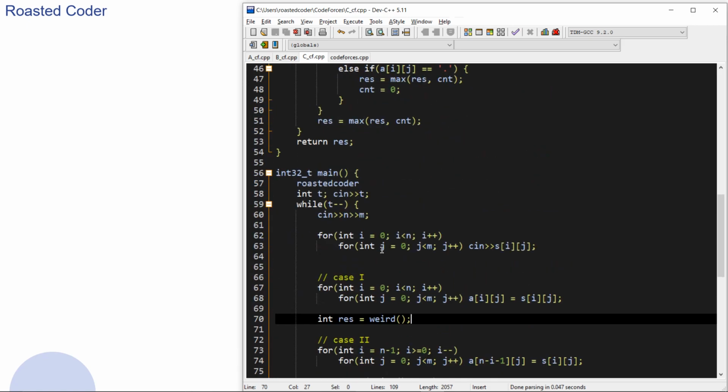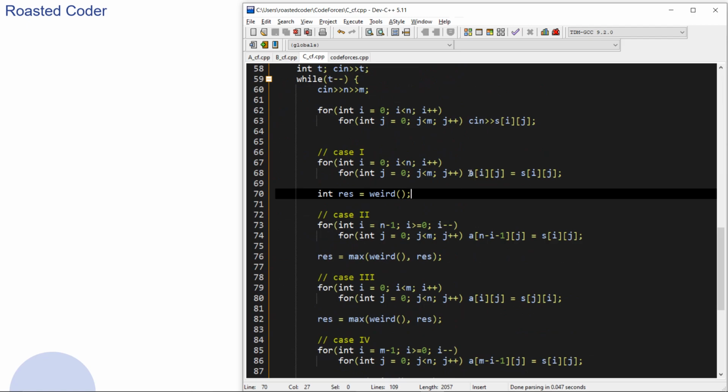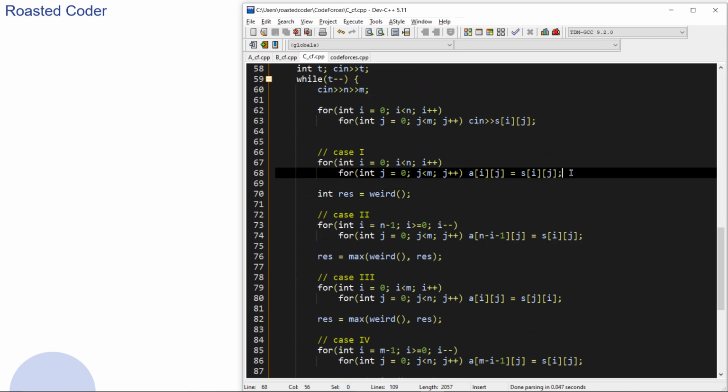Initially a was the same as s, which is the original matrix, and now for the bottom borders, we can update a equals bottom of s, that is, you can see we will change the nth row to the 0th and the 0th to the nth row, or n minus 1th row.